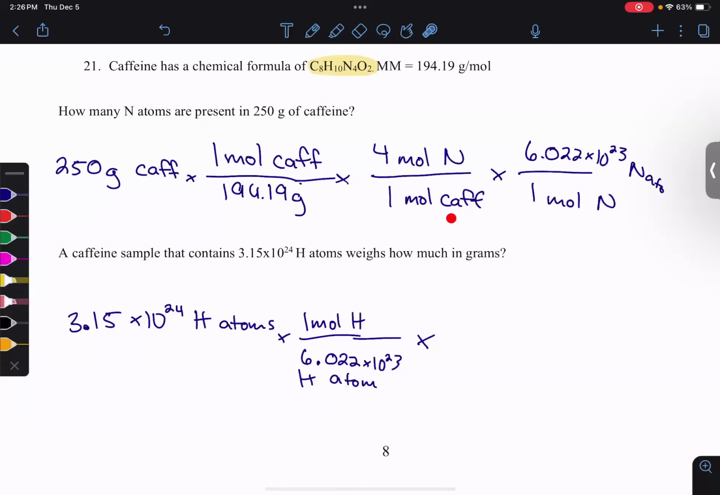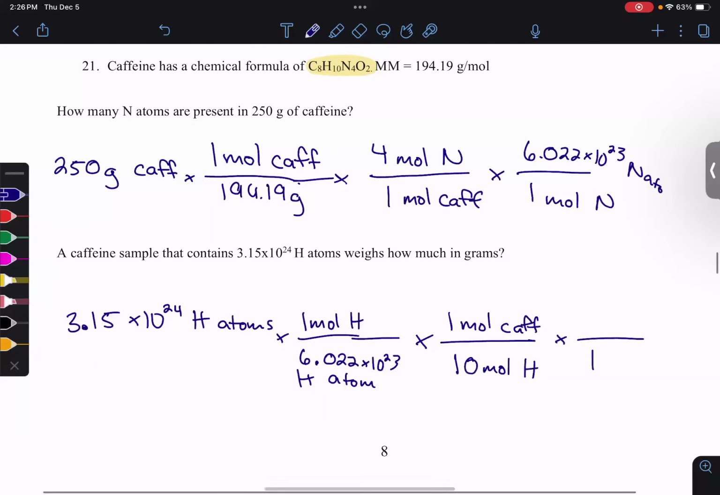Remember when we said, oh, 1 caffeine molecule has 4 nitrogen atoms. So we're going to do the same thing, but the other way. 1 caffeine molecule has 10 hydrogen atoms. So where am I going to put that 10? On the bottom. 10 moles of hydrogen is 1 mole of caffeine. Now, can I use the molar mass of caffeine? Yes, you can. So 1 mole on the bottom of caffeine